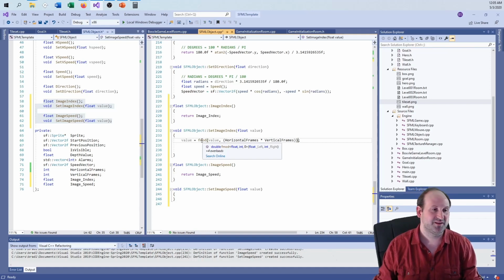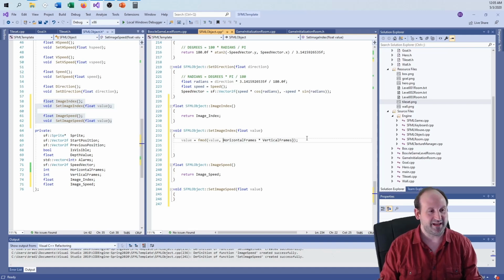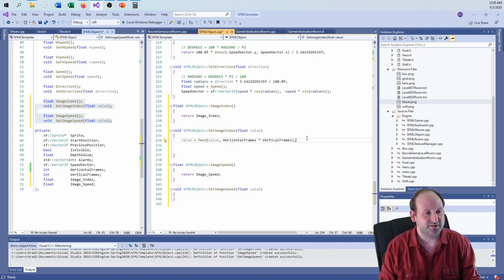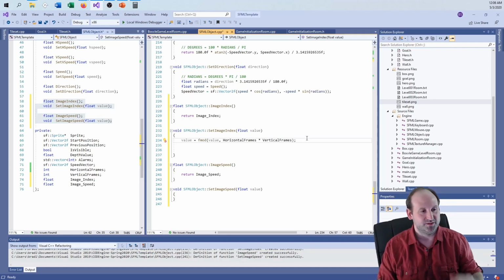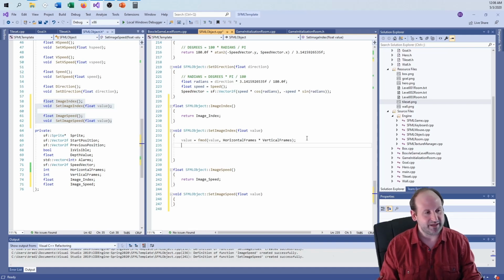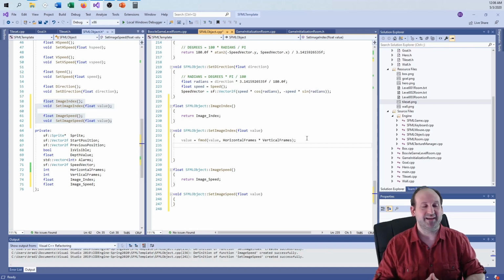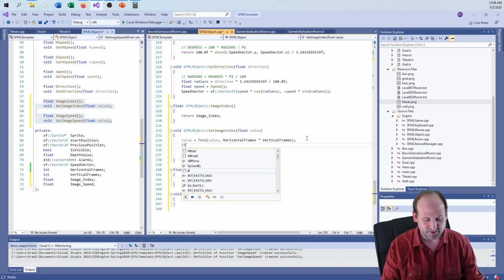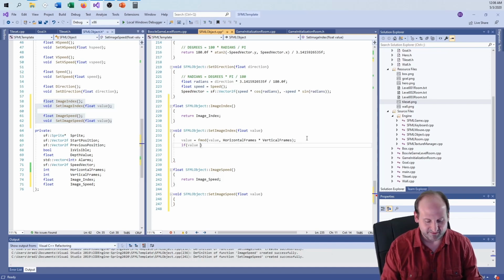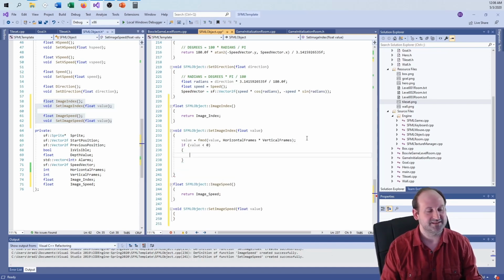Give me a left, give me a right. I'm just going to take value and divide it by this, and get whatever the fmod is. C# allows you to do floating point mods, which is probably part of the language standard, I believe. Anyway, it's been a few years since I've used C# deeply, but coming back. The only thing is, because of the way modulus works out, I could actually have a negative value come out of this. So I just have to do one more check here and say if value is less than 0, then all I have to do is add